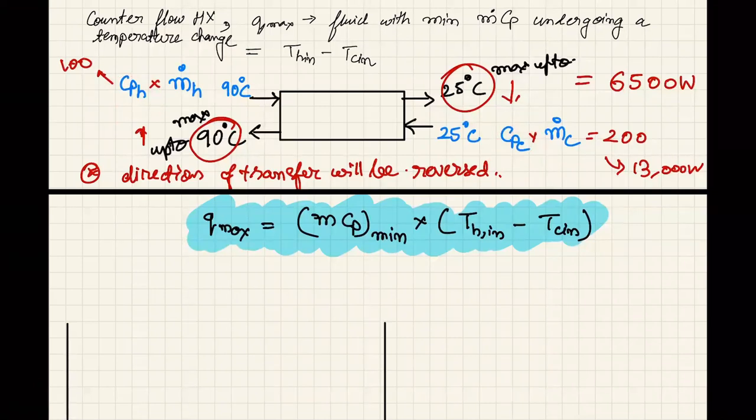Yes, sir. What I want to identify over here is what will be the maximum heat that I can transfer in this heat exchanger, or the maximum heat transfer rate that can be permitted by thermodynamics. So for the maximum heat transfer rate, what will we say? Maximum delta T should be there. Agree or not? Yes, sir.